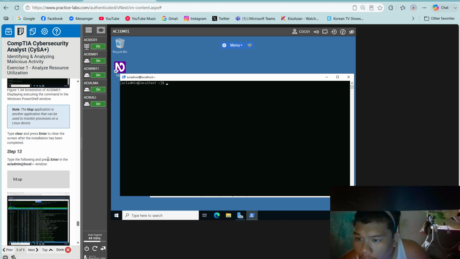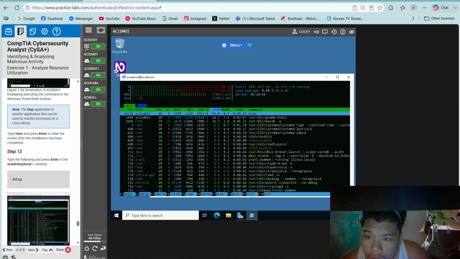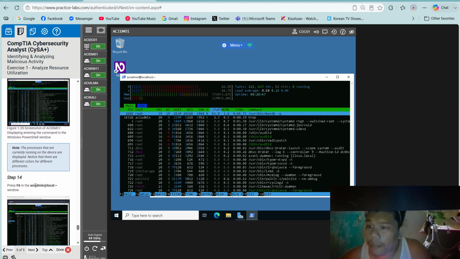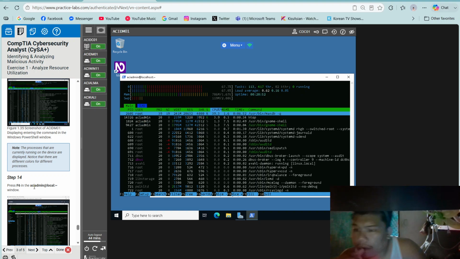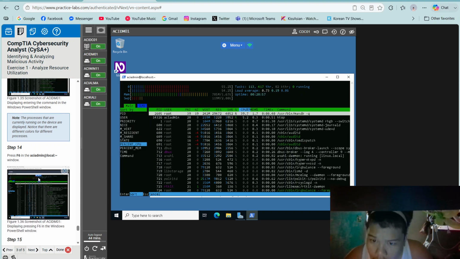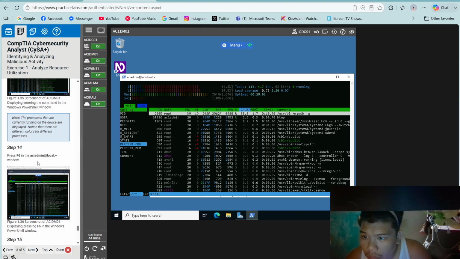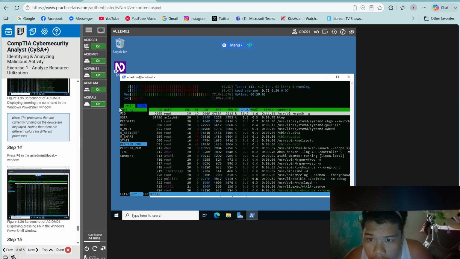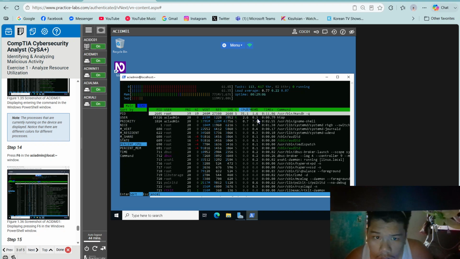Step 13. htop. The processes that are currently running on the device are displayed. Notice that there are different colors for different processes. Press F6 in the aciadmin@local window.